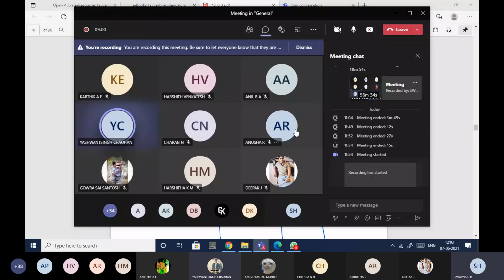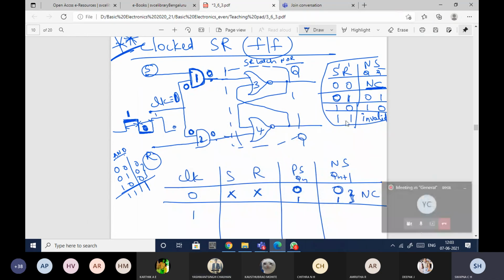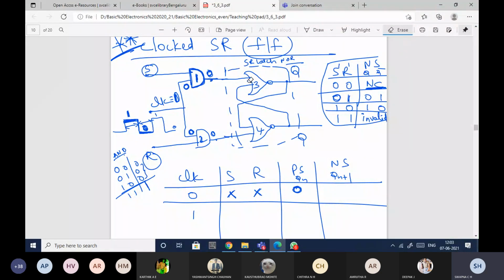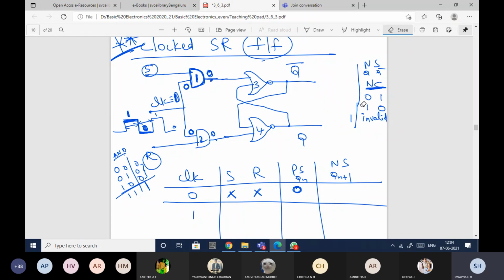Yeah, ma'am, I am saying that once you analyze this truth table again. Okay, fine, I'll just analyze it. So you are asking me to take the present state, next state. Then I don't need this part, I'll just remove it. This table also I don't need now. I'll explain it in this way also, that way also. Both I'll do. First, let me take present state, next state and analyze.